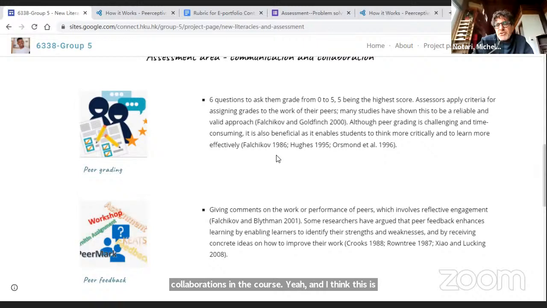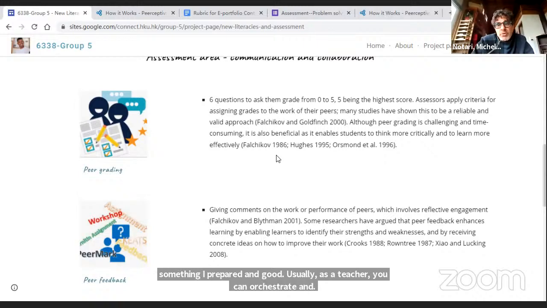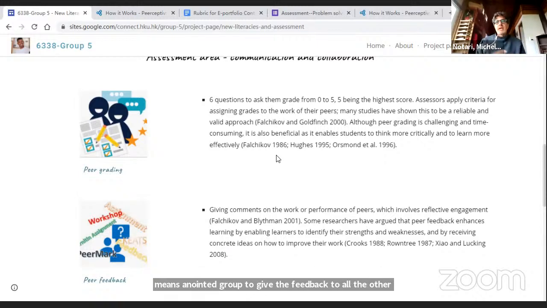Usually, as a teacher, you can orchestrate and organize such peer feedback the way we did, in a manual way. That means I tell group 2 to give feedback to all the others. Each group has to give feedback. If you are 6 people, you give feedback to 6 other groups, and then you write the feedback in the group page. This happens if you have a group page which is accessible to all the participants of the course. So all the things you can do with that tool can be orchestrated,